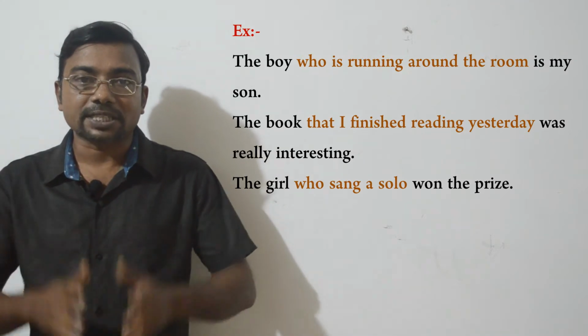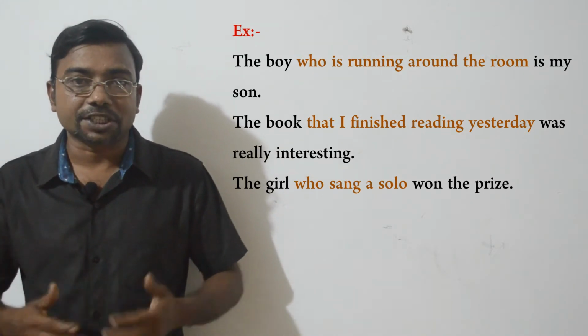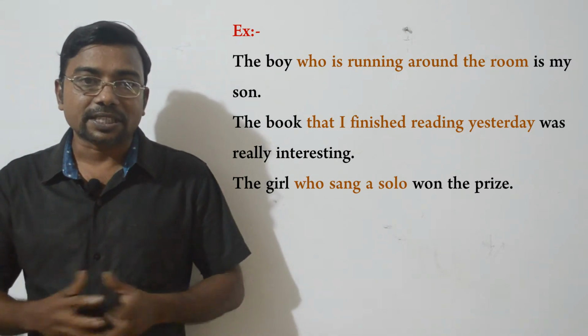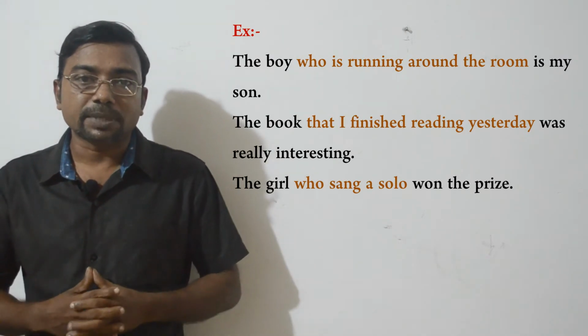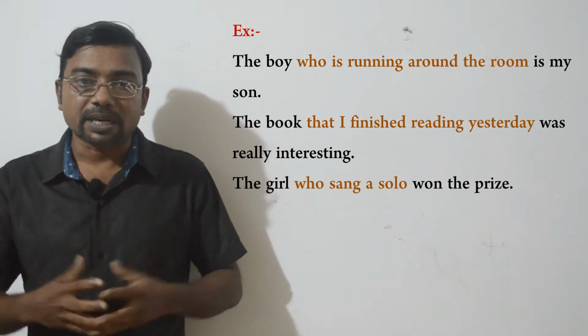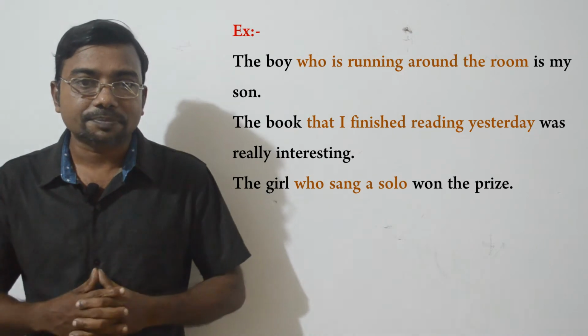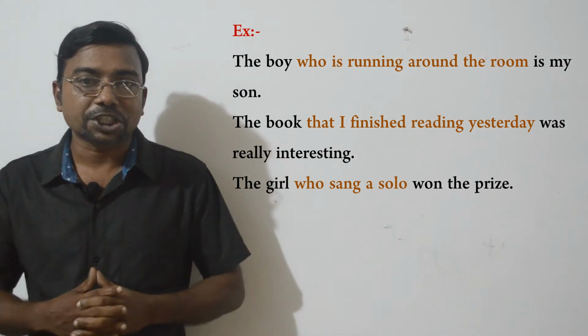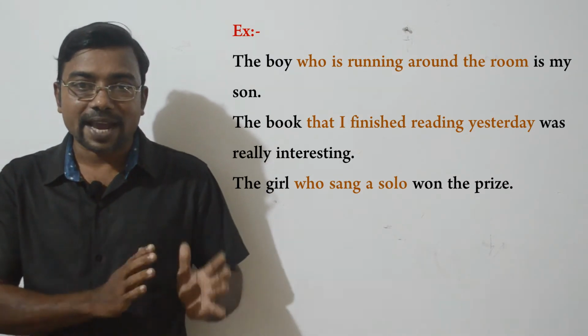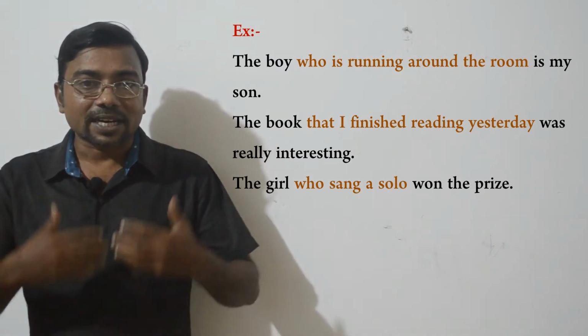So these examples are about restrictive adjective clauses. When you consider the whole example, it's clear that a restrictive adjective clause always begins with relative pronouns or relative adverbs. It includes a subject-verb combination, and it is a dependent clause that functions as an adjective. We use it to describe a noun and it stands after the noun. These are restrictive adjective clauses because they are an essential part to identify the noun specifically.